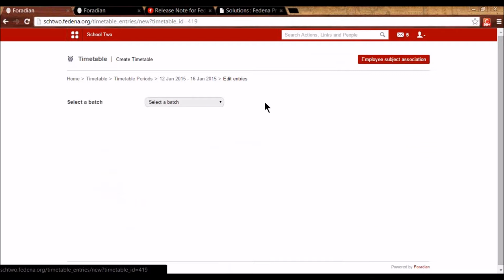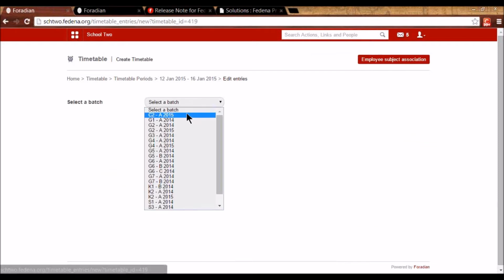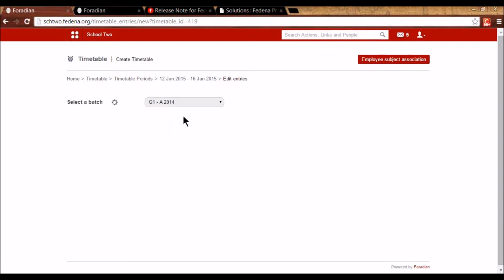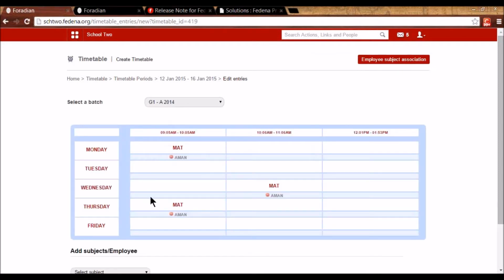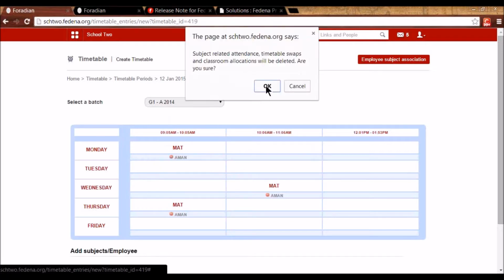So what actually happens, now when you click on edit entries button, you can select the batch and edit the subject entries. So let's say I'm selecting this batch and I can edit the subject entries. Let's say I'm removing this subject. Now that warning is now split here. So it means that all the subject related attendance, the timetable swaps and classroom allocations will be deleted only for this subject. So instead of the full timetable, it only deletes for the subject that you are changing.